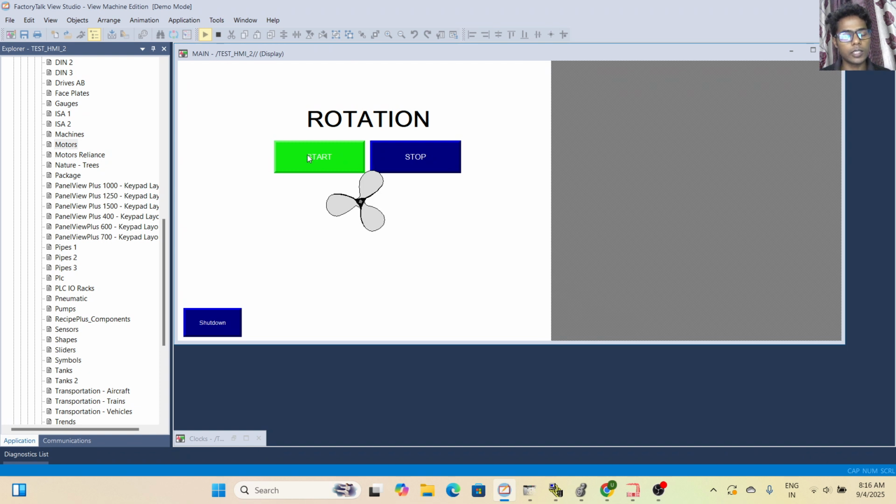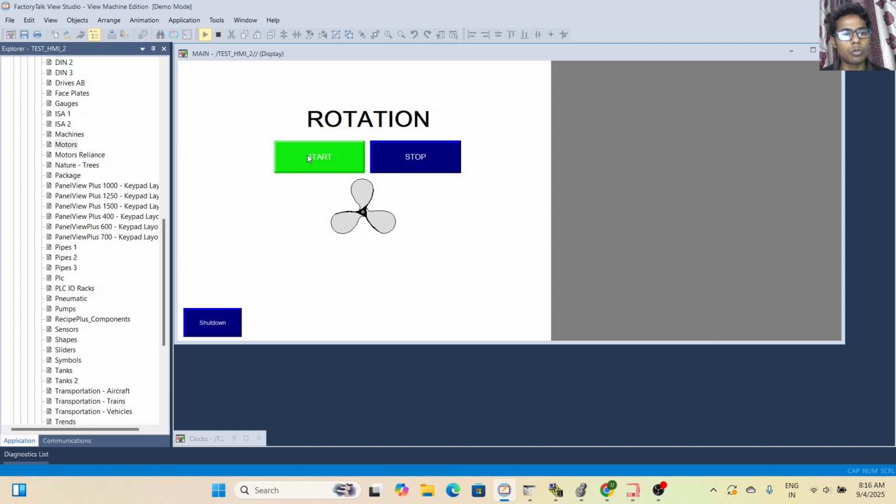So engineers, in this video today we are going to discuss rotation in FactoryTalk View Studio. It is an important part of FactoryTalk View Studio. How to apply any animation, like rotation animation, horizontal animation, any XYZ types of animation, I have already discussed in previous videos.